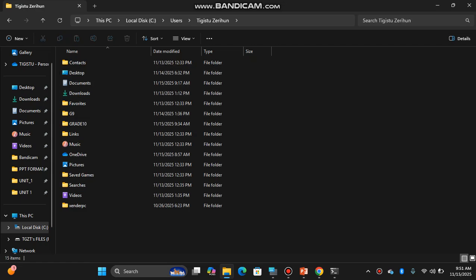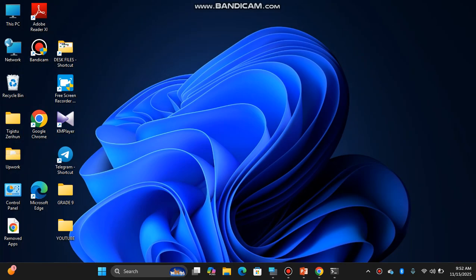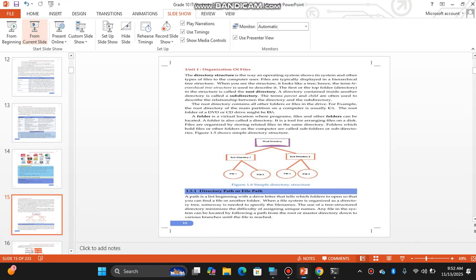Have you seen their content? Here on the address bar, This PC, then in current versions of Windows, the slash is changed to a right arrow. This PC, Local Disk C, Users, the user account. This is the path. We call it the path.